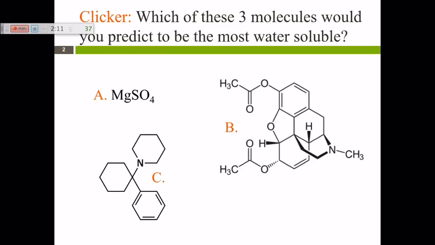I said A because it's not an ion, it's negative ions, an ionic compound. Okay? So the positive magnesium ion will be attracted to, or the oxygen will be attracted to the magnesium ions, and it will separate out from the sulfate, which will be attracted by